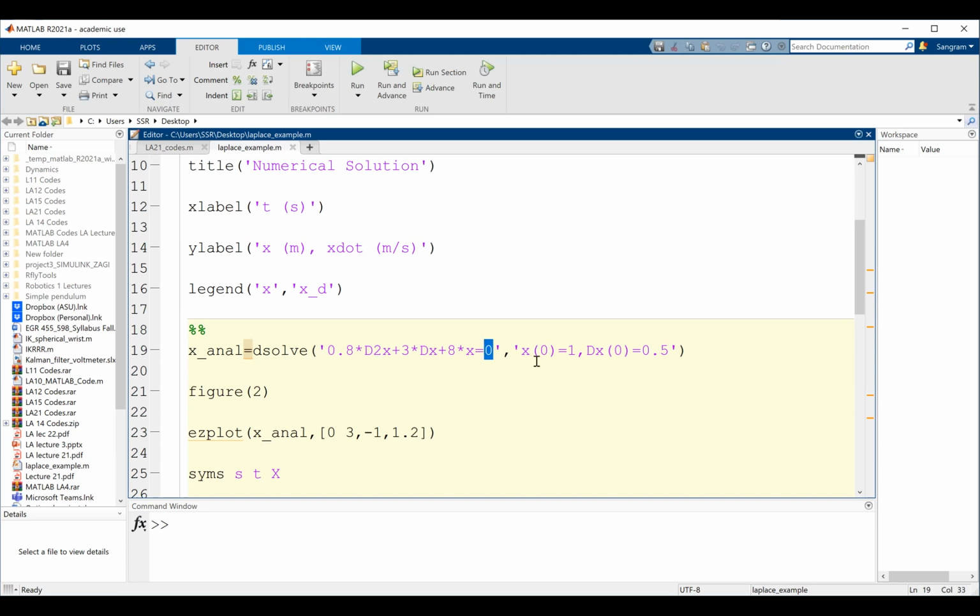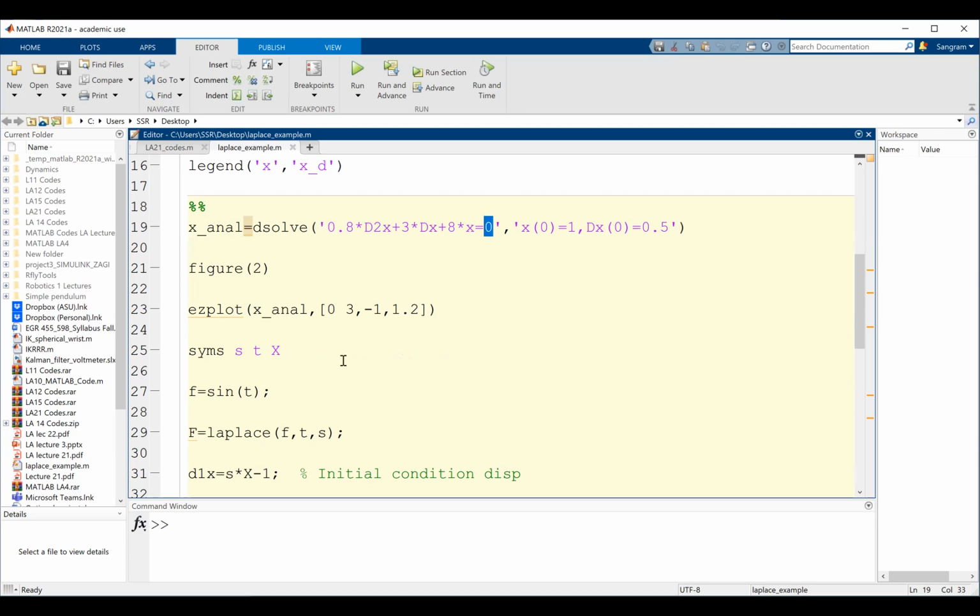And the initial conditions are the displacement x of 0 is equal to 1, and at time t equal to 0, dx, which is the velocity, is 0.5. So this is the analytical solution. And then I'm plotting the solution of the analytical solution. Now the next part,